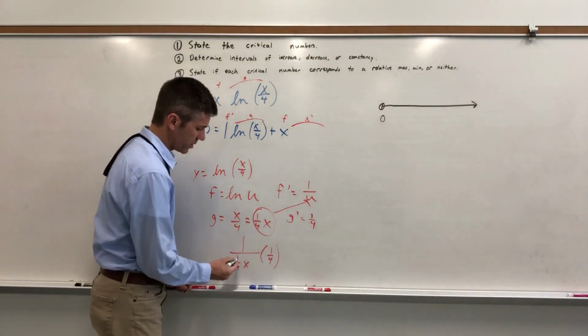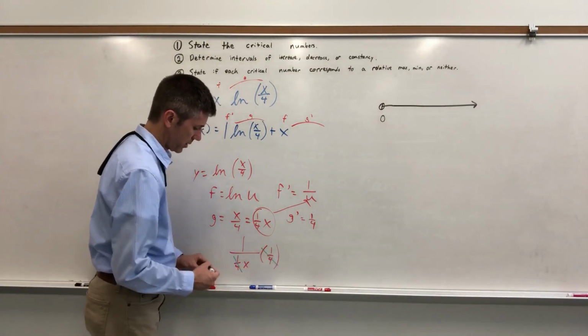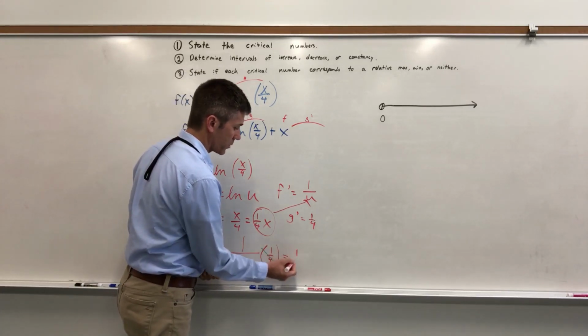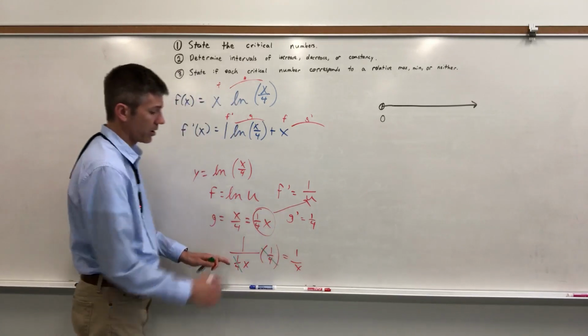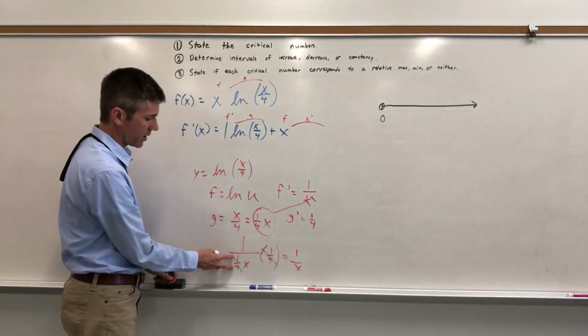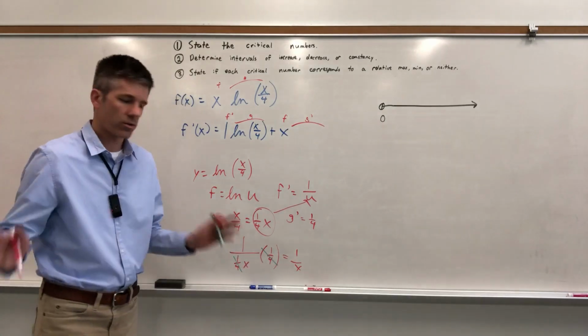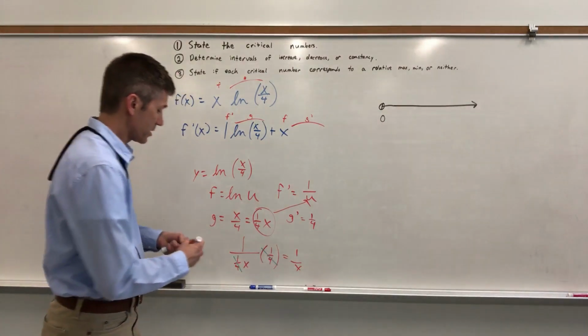This 1/4 and this 1/4 in the denominator cancel, and I'm really left with this beautiful thing right here, which is 1 over x. Now, there are other reasons why this cancels. Technically, I could reciprocate this, bring a 4 up. This 4 cancels with that 4. It's great. It's wonderful. But really, I'm just left with